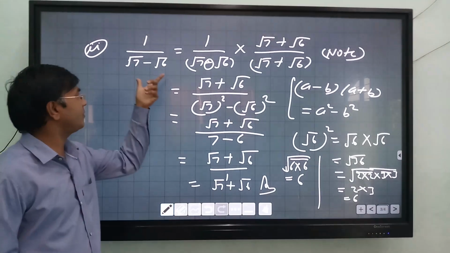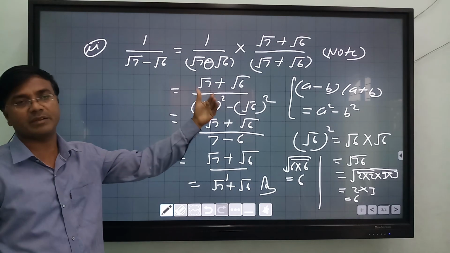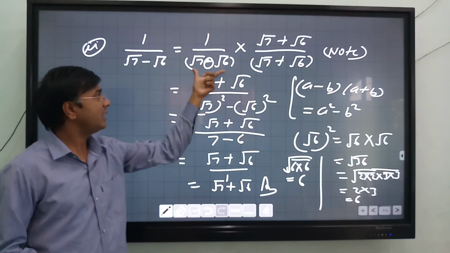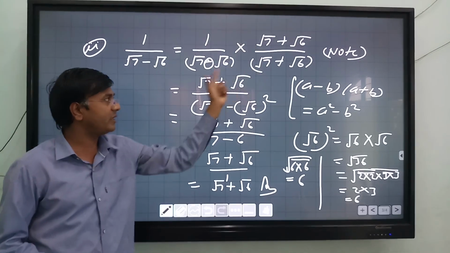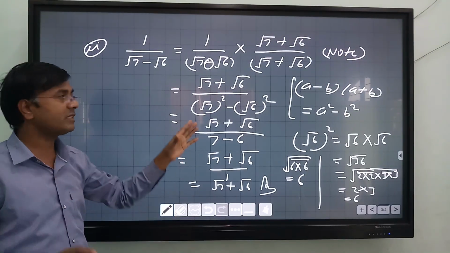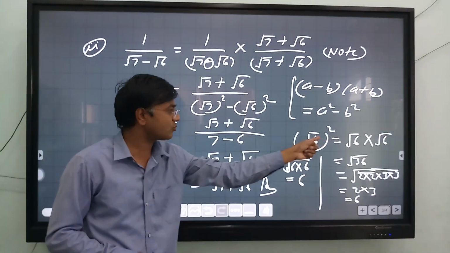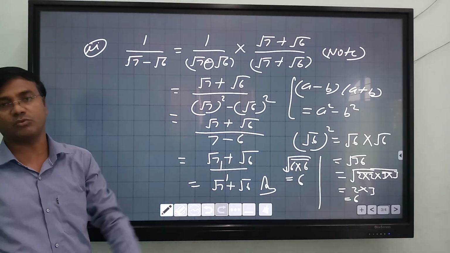Same as the remaining parts, only the numbers are changed, but the method remains the same. If there is minus, take plus, that is the opposite sign, and the same numbers in numerator and denominator. Then use the identity in all the questions. A square minus b square will be formed, which means squares. So the same way you can do the other questions.